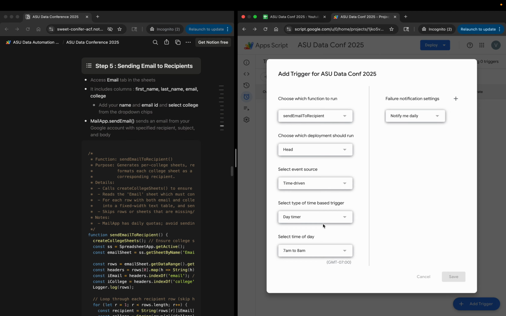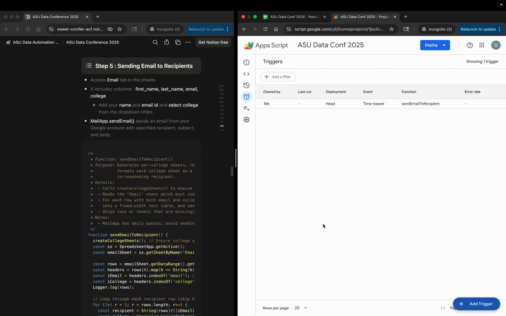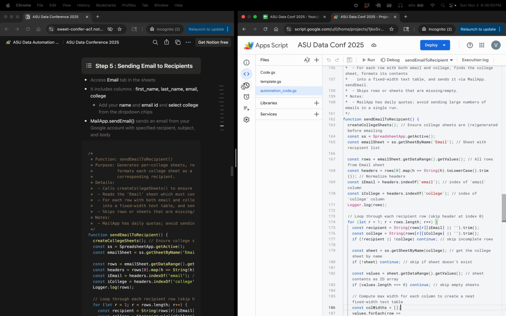Now you don't have to remember when to run the code. You don't have to block your calendar to make sure that you carry on this process. App scripts will remember to run your code every morning 7 a.m. So this is how we created an end-to-end workflow where we first read the data, formatted it, sent it via email, and then automated it using triggers. That's how app scripts help you automate your repetitive tasks and save some crucial hours that you can leverage on other data driven tasks.